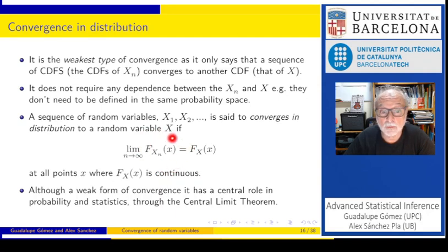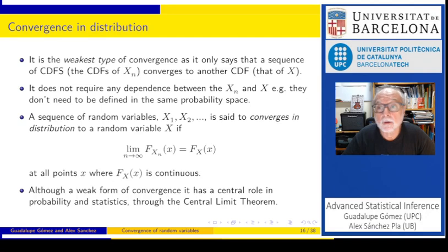The definition of convergence in distribution is that, in the limit, the sequence of distribution functions converges to the limiting distribution function at every point where this is continuous, at every continuity point. So this is relatively easy to verify because it's an ordinary limit over the set of these continuity points. Although it is a weak form of convergence, it is very important in practice because, for instance, the central limit theorem is a well-known form of convergence in distribution.